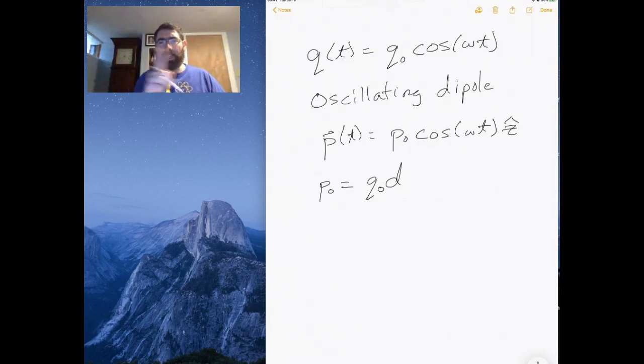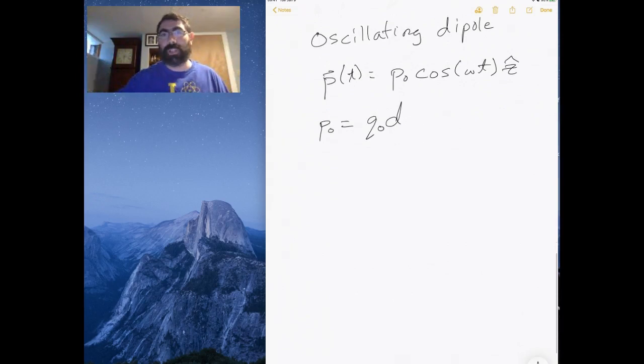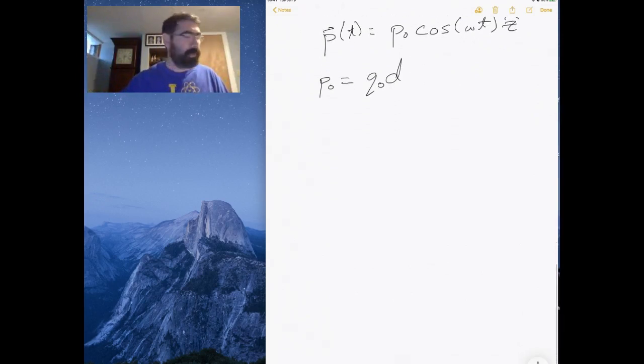Okay, so now what we have is this dipole moment, which is oscillating back and forth. So, on one hand it's pointing this way, and then it oscillates and points the other way, and then it oscillates and points back the other way. And now what we can do is to write down the retarded potential. So basically the potential at my initial time. And so this potential at some time t